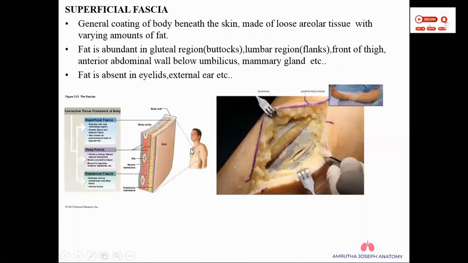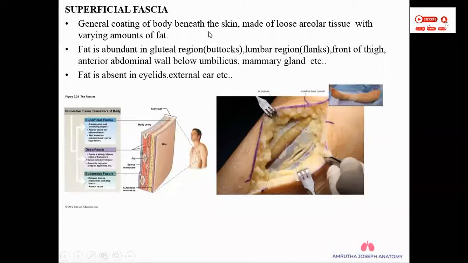Now coming to each part. Skin, we will see later. Coming to superficial fascia. I said already, superficial fascia is a connective tissue. As soon as you remove the skin, just below the skin, you will see a yellow colored structure which has a lot of fat in it, and the fat deposition is more in females. That is called superficial fascia. So look at this here: skin, and below that the yellow colored area, that is superficial fascia.